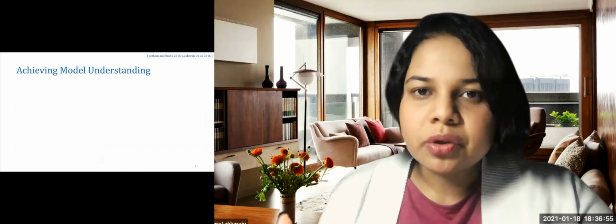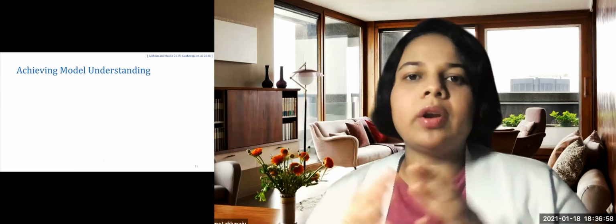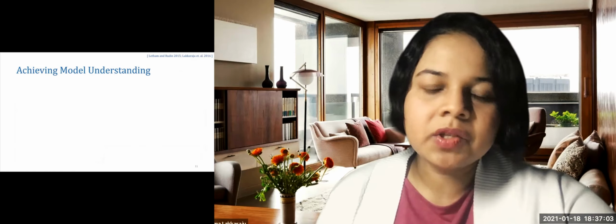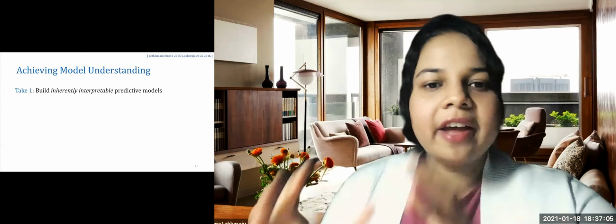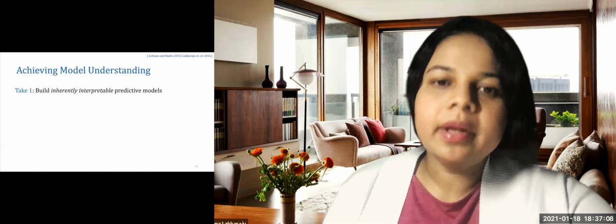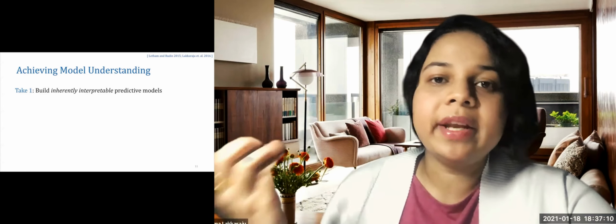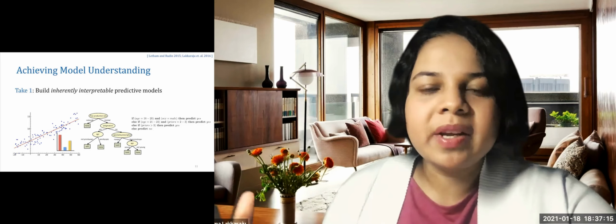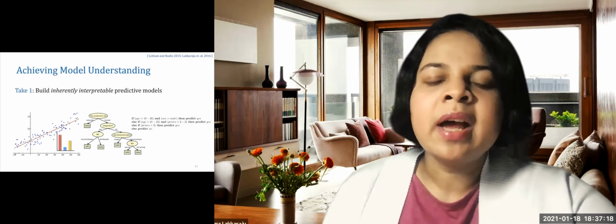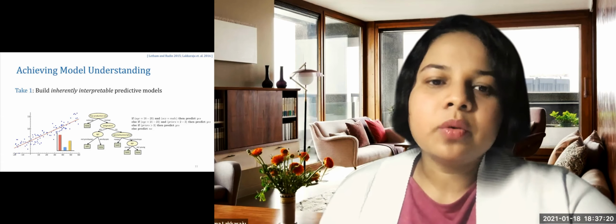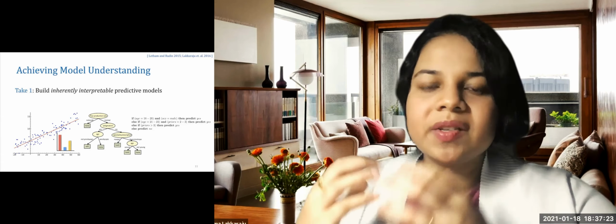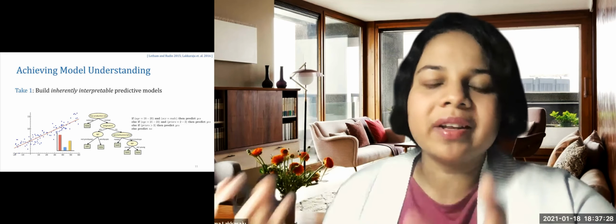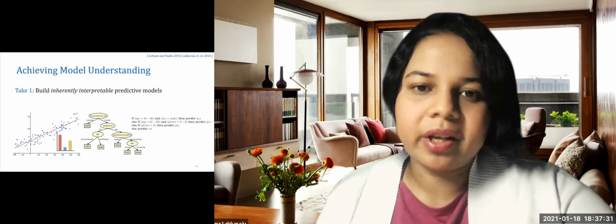Right? In order to do that, at a very high level, two kinds of approaches have been proposed. The first approach is to build models that are just inherently interpretable. For example, models like linear models with very few non-zero coefficients, shallow decision trees, simpler rule-based models with a handful of rules. These are all often known to be inherently interpretable because an end user can look at these models and get a rough idea at least of what the model is doing or how it is making predictions.